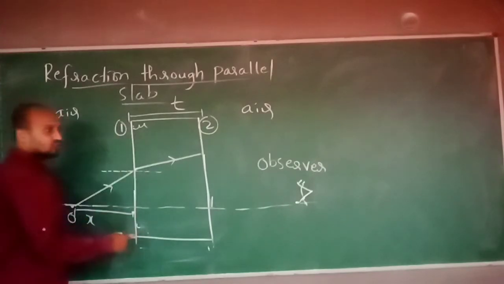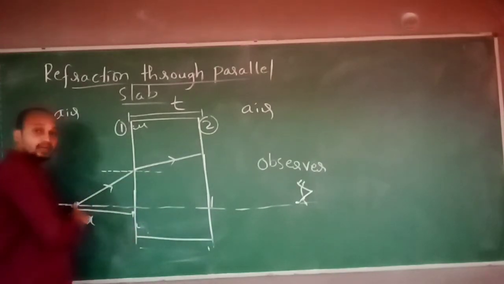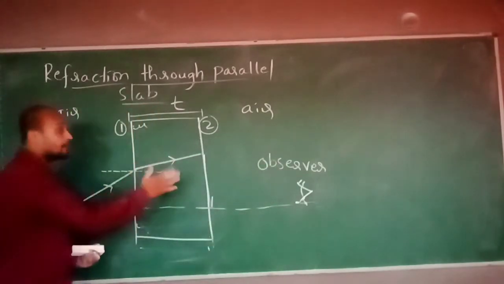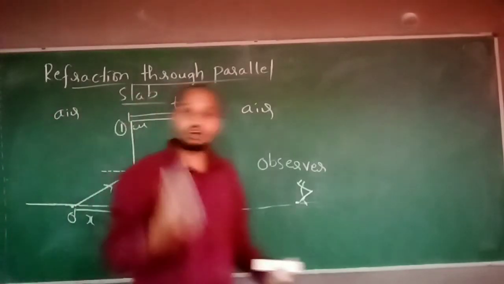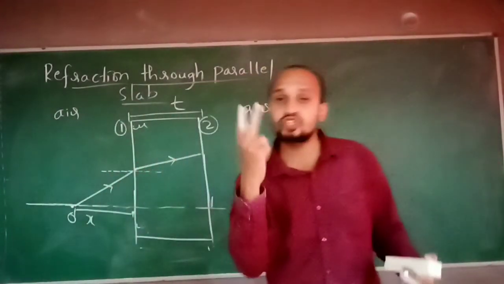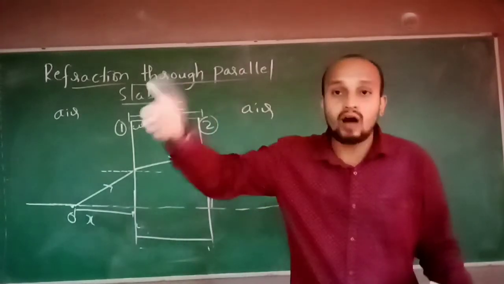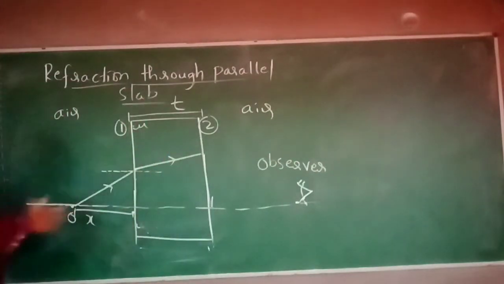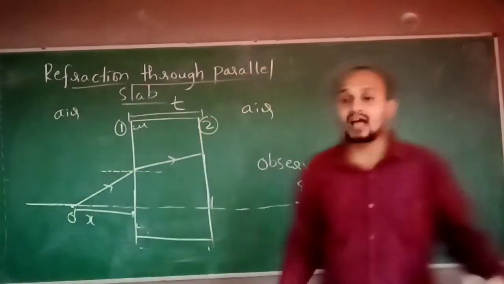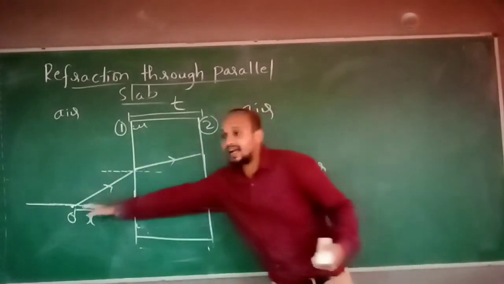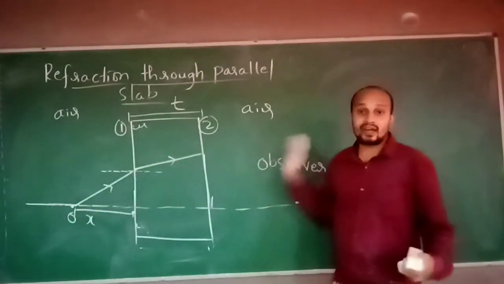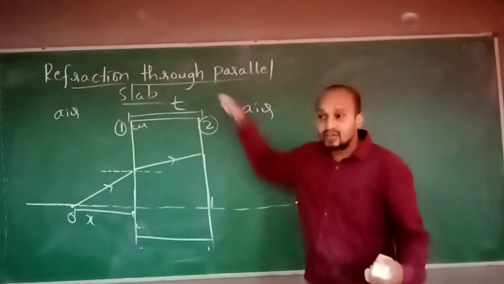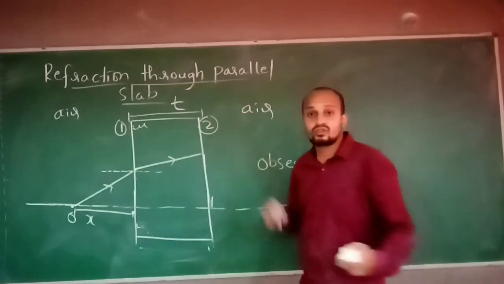So this is the first refraction which is going to happen. For the light ray from this object to reach this observer, two refractions are going to happen in the slab. Due to these two refractions, two shifts are going to form. Two shiftings of the object are going to form. So the total shift of the object as seen by the observer is when the light ray travels from object to observer. One shift takes place due to refraction through surface 1, another shift takes place through refraction through surface 2.